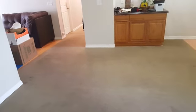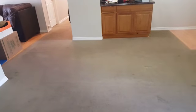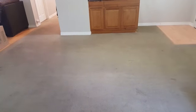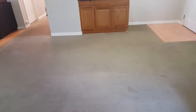Hours after you're done, it'll still be doing its thing, and the carpeting will appear brighter and cleaner the next day than when you were in there. It's pretty amazing stuff how that works. So